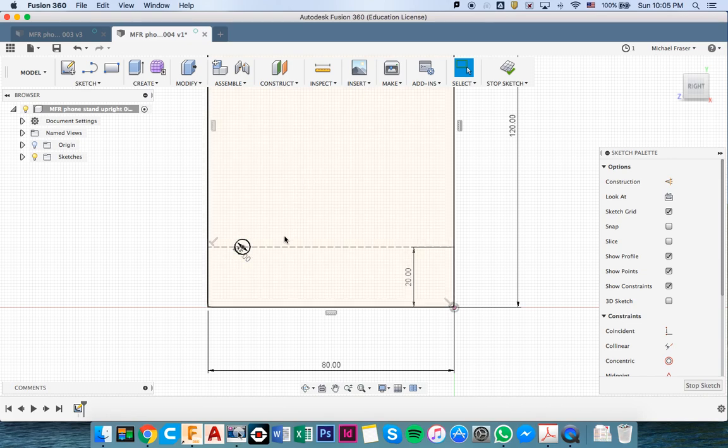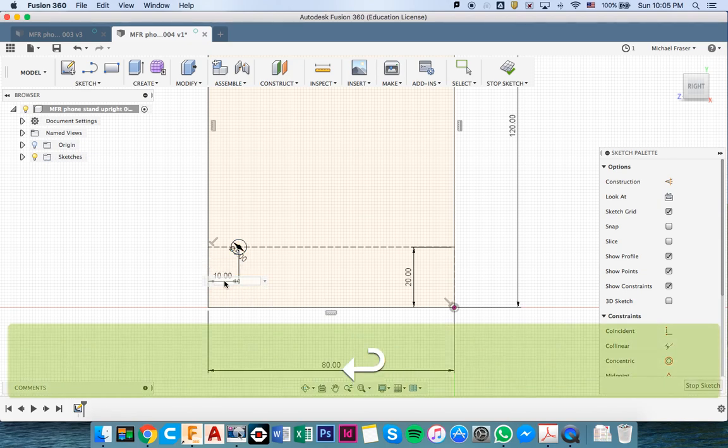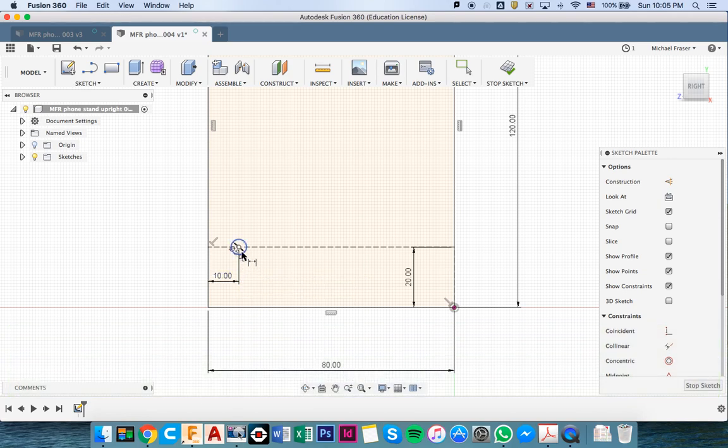Let's click on the D for dimension, and we can click on the center of the circle and the edge of the line, and we can drop this measurement down. Now it says 11, but if we just type 10 in there, the circle will move into the right position. Now, there is a better way to do this, and that is to click on this dimension here and go D1. So we're taking this dimension down here, D1